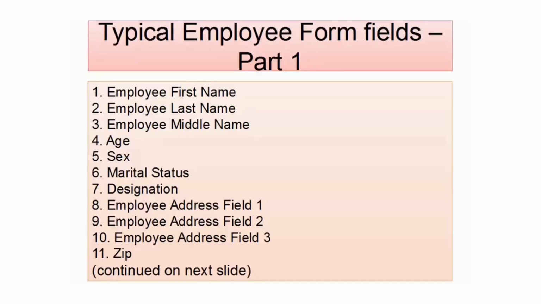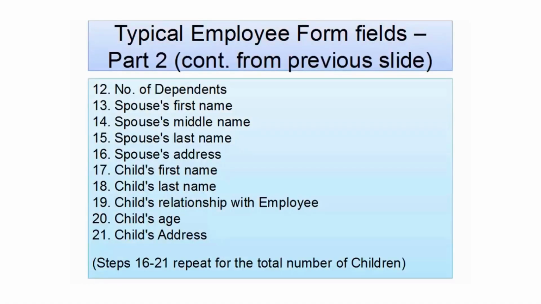Here is an example. While creating an employee's record for a company database, there is a lot of information being collected. The form has fields for the employee's first name, middle name, last name, marital status, age, address, which may run into 2 or 3 fields, and then zip and designation. And depending on the number of dependents, there could be fields for the employee's spouse, children, etc. In all, there could be as many as 20 or more fields, and a topic with 20 or more instruction statements, not to forget the text, the lines for results of these instructions and images, will look imposing